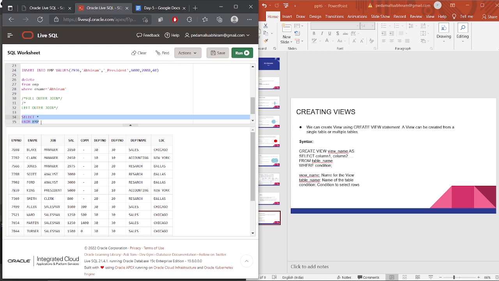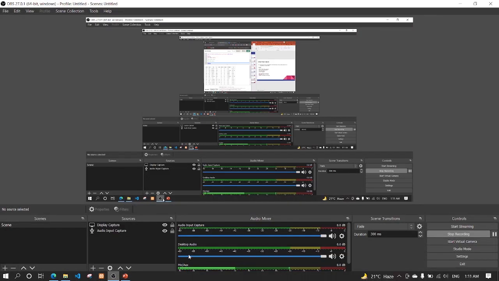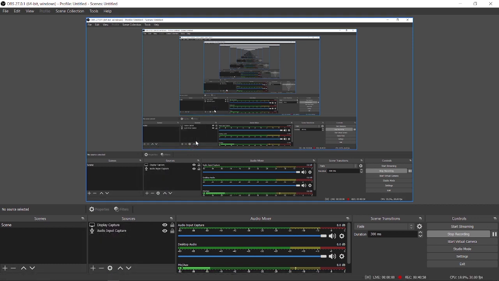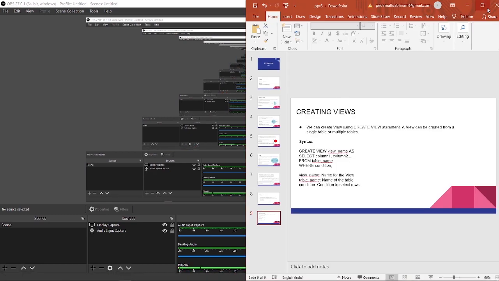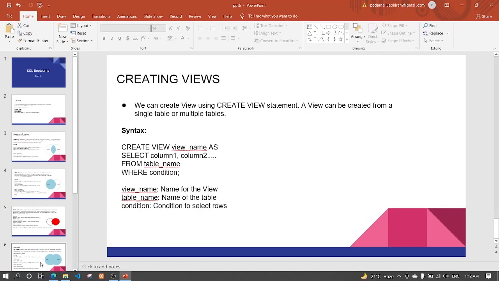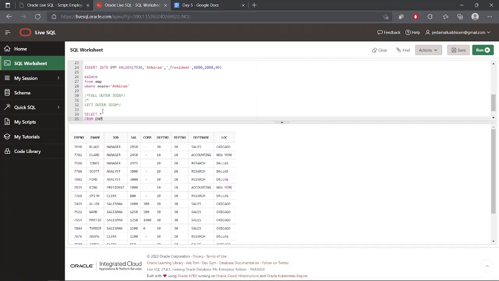We can particularly use this view when only some people need to view the data in this particular way, then we are going to use views. Now coming to the syntax of the views, this is the syntax of the view. I like this particular thing, so we are going to write it as